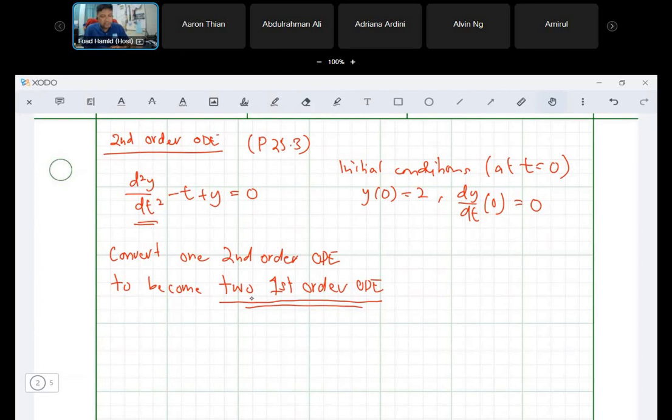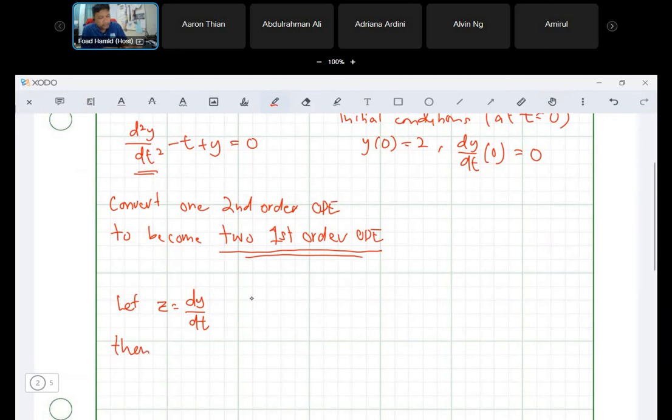So let me introduce, let's say, let... where is my solution here? Okay, so let z equal to dy/dt. Okay, let z equal to dy/dt. Then